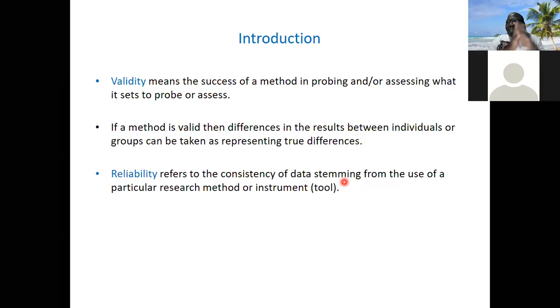hardly do they use anything physical because most of the issues are conceptual. And that's why we'll be talking about something like a construct. What does it mean? Because most of the things they measure at that level are constructs, they are latent variables. So when we talk about method now, it cuts across. So the ability, or the success, or the degree to which this method is able to assess what it is said